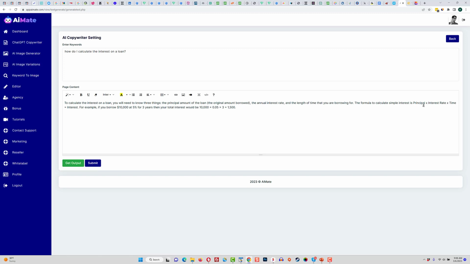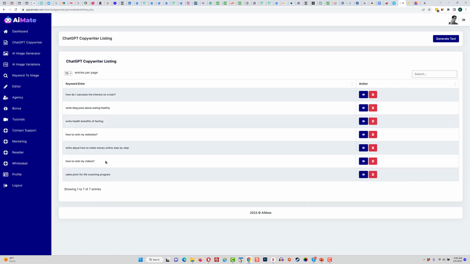The formula to calculate is principal times interest. So it gives you the formula, it gives you an example, and it explains to you how to do it. I mean, it's absolutely brilliant. If I click on submit, it will save it. Otherwise, I can just delete it. And so any of these posts, I can delete them. I can go in here and I can grab them, and I can use that content for any single thing